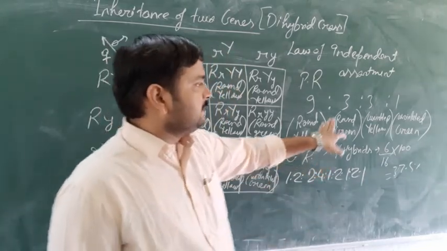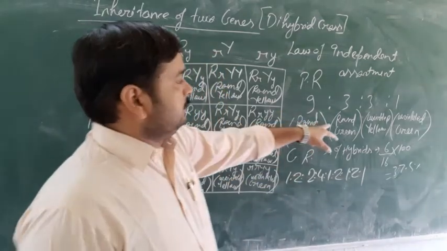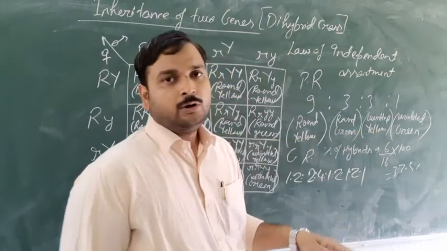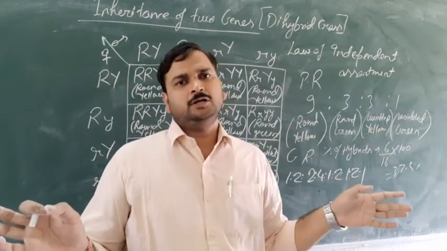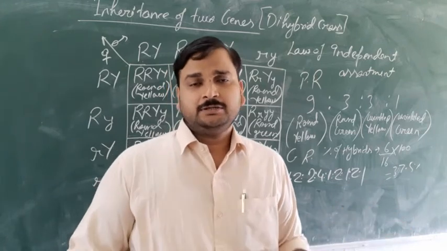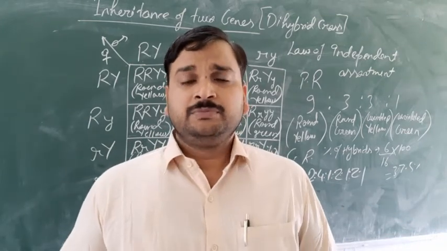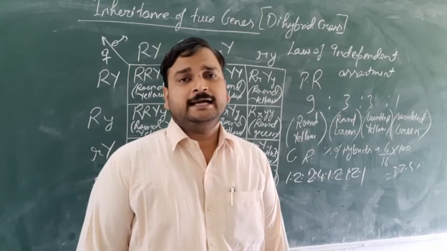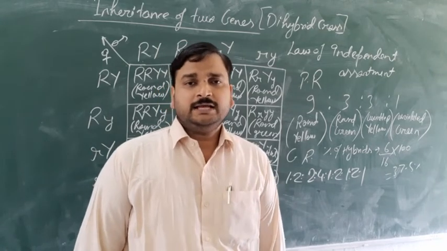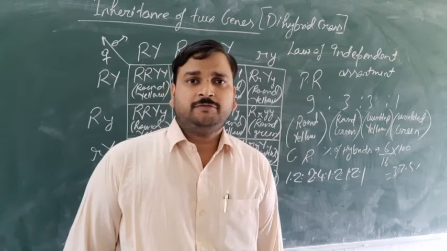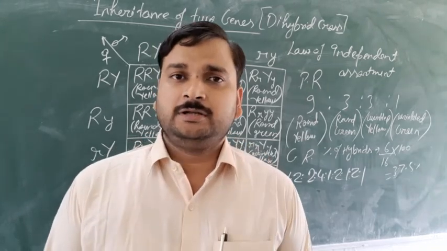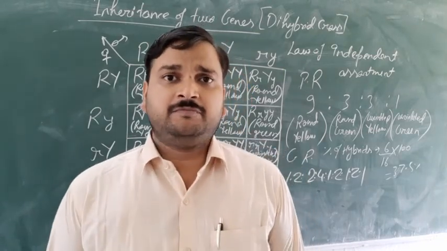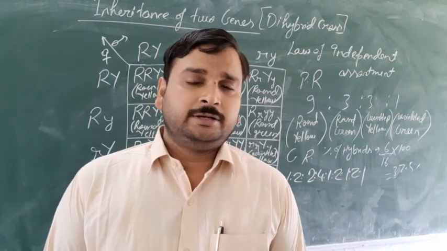Actually, that is the reason that hybrids are formed. You see, the segregation of each character, round, green, wrinkled, yellow, all of them segregated independently of each other. That is the reason that hybrids were formed in the F2 generation in Mendel's dihybrid cross. So if I ask you what is the reason behind the formation of hybrids, then the reason is the law of independent assortment, which states that when two pairs of traits are combined in a hybrid, segregation of one pair of traits is independent of the other pair of traits.